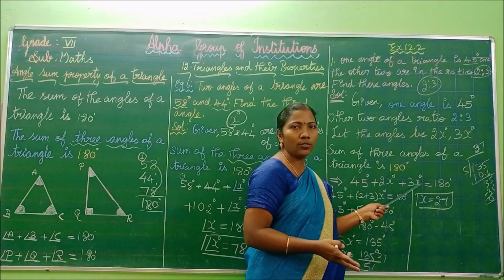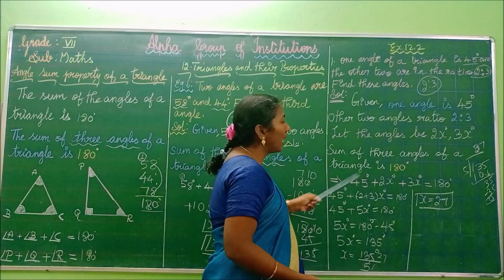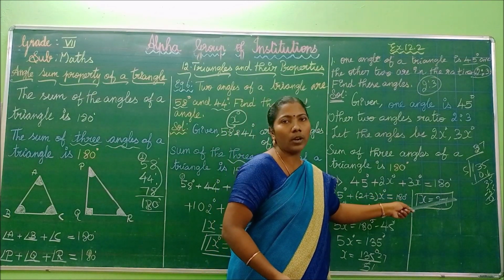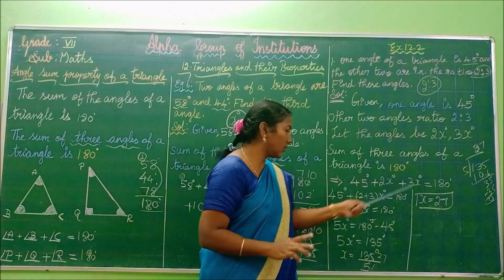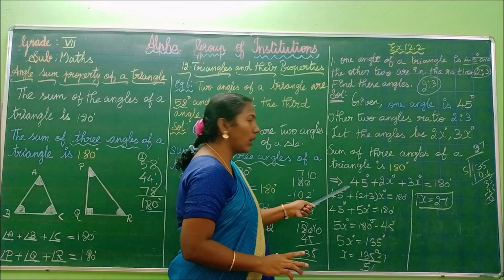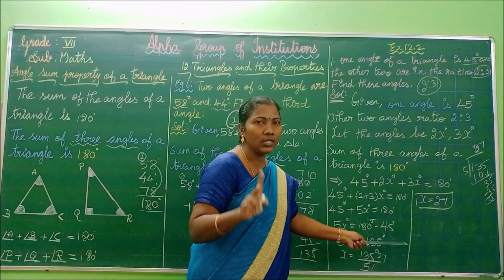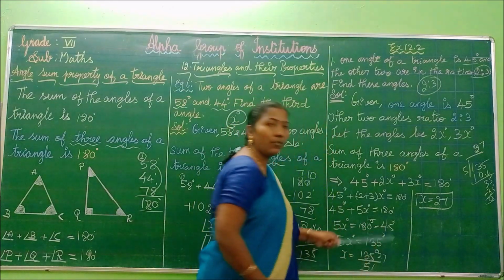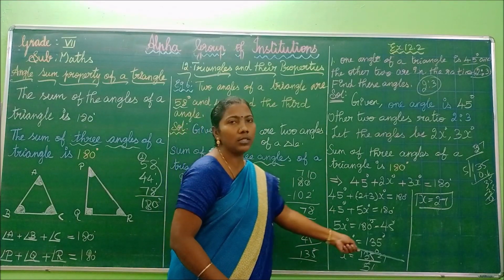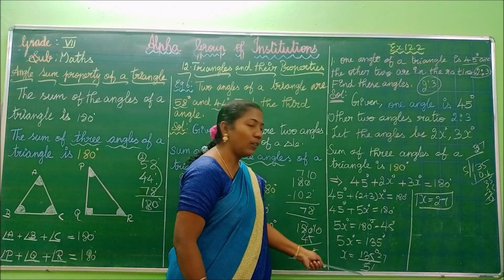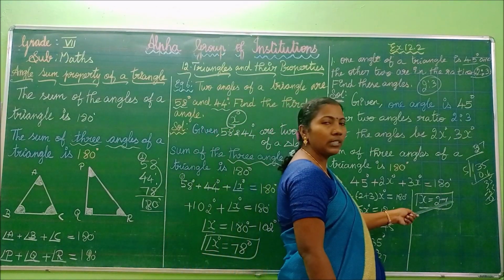Listen carefully, children. In the question, they have given one angle as 45 degrees and the other two angles are in the ratio 2:3. We took the unknown angles as 2x and 3x. If you add these three angles, we get 180 degrees by the angle sum property of a triangle. Further, we add 2x plus 3x, we get 5x plus 45. In order to find the value of x, we bring the 45 to the RHS first. So 180 minus 45 gives 135. Next, we bring this 5 to this side. So x equals 135 by 5, which gives 27. So the value of x is 27.